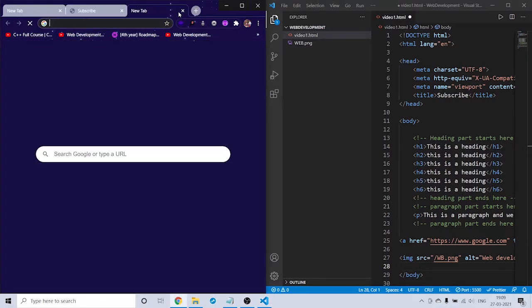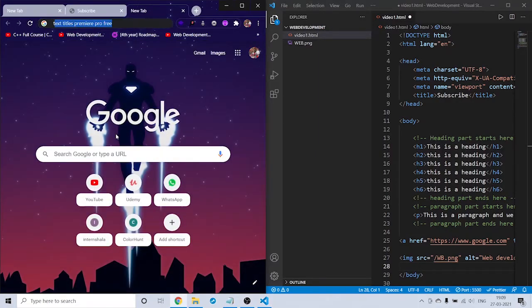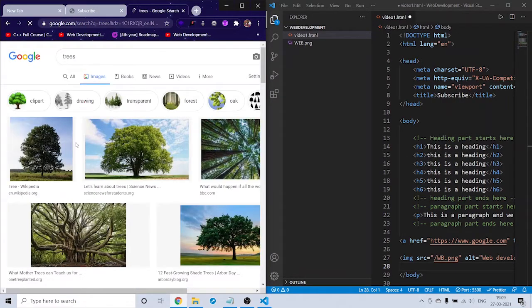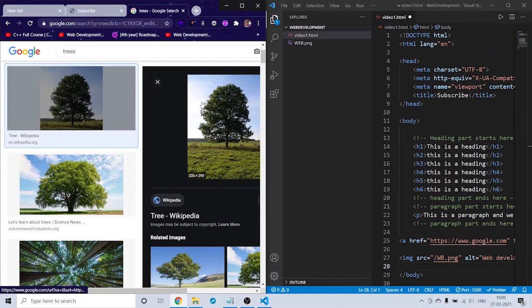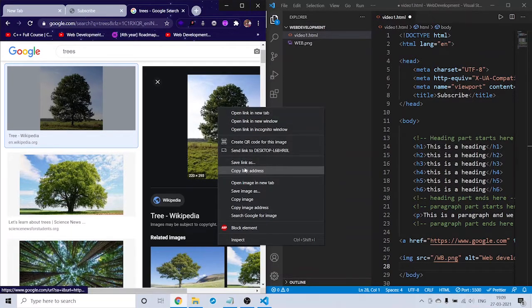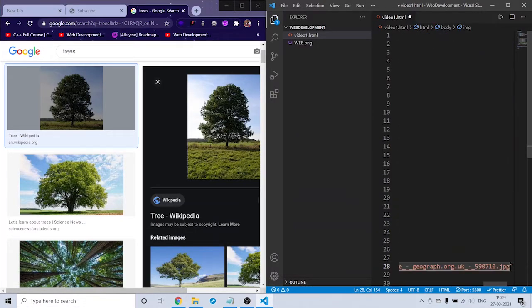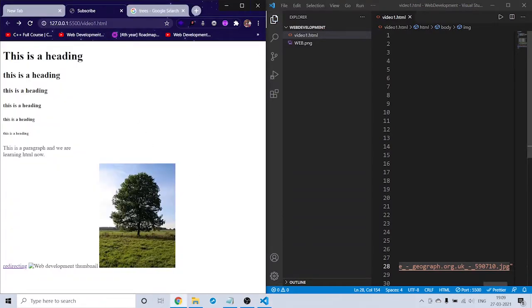For example, trees images, take any tree, and I will copy the image address here, and in the image tag, I will give this as the source. When you give this as the source, you can see here we got that image. We got the same image here.